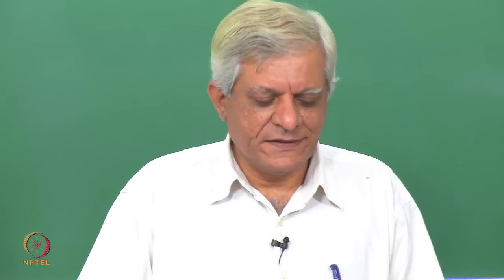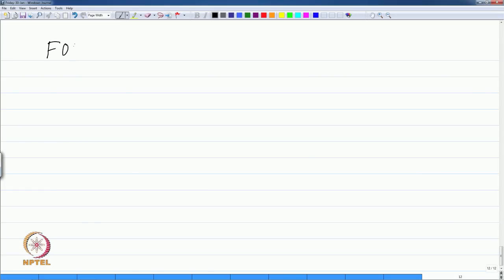Okay, so in the last class we defined the language for first order logic, or the syntax of first order logic, and today we want to look at the semantics. Now, there will be two aspects of semantics of first order logic. One is what we can say is denotational,